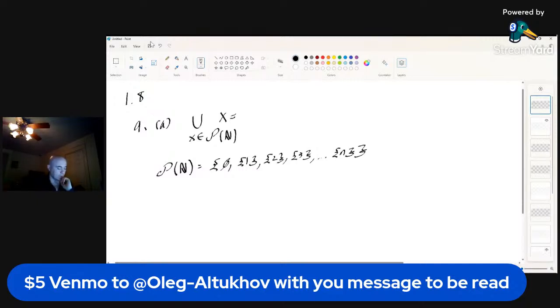How to even answer this? I would think that it would just be P of N. If X is a member of P of N, and P of N just contains power sets and natural sets, I would have to say